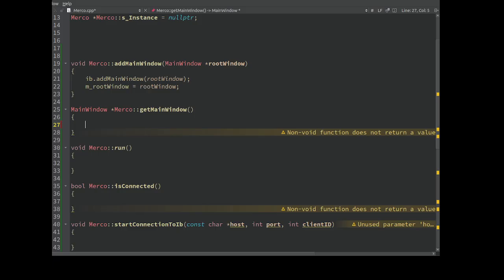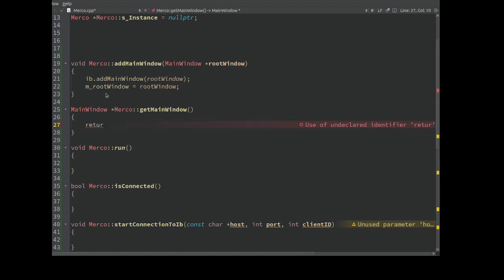So now I need to be able to get the main window. And so I want to return nm_root_window. Now this next one's going to be a little tricky,